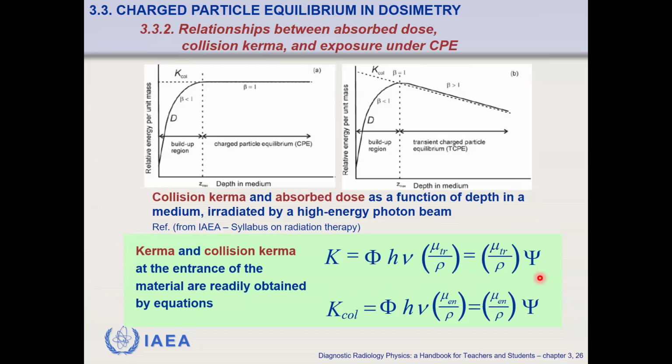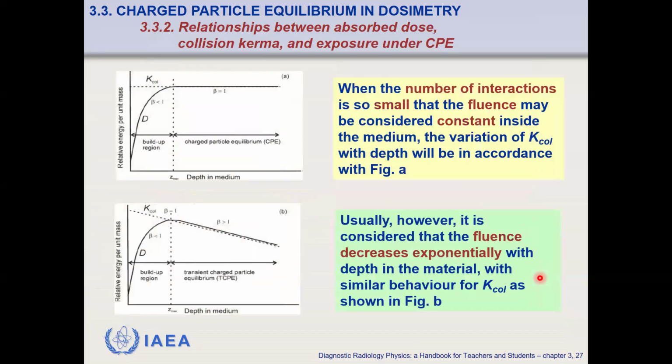So in radiation physics and dosimetry, the behavior of collision kerma with depth depends on how the photon fluence changes as radiation penetrates a material. So when the fluence is constant,